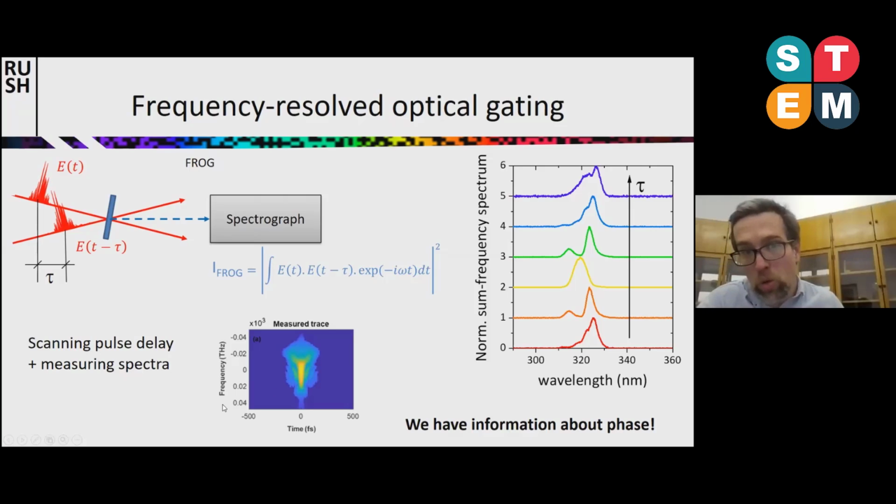And that's quite a different case, because if you measure the spectrum, you have the information not only about intensity, but also the information about the phase. So now if you scan the delay and you measure spectra, you get a trace like this. In each case, the spectra are slightly different at each delay between the two pulses.